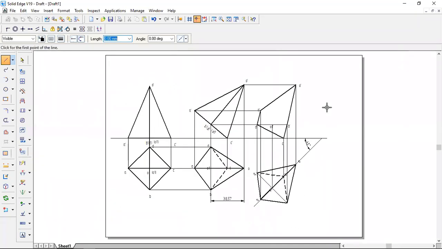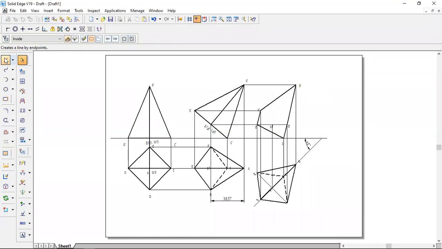Once you draw the outer view, then the base. Once you have drawn the outer view, the second one is the base. So how? Because the base is near to the observer. Here, when I rotate this one like this, the base is near to the observer. Means the base is visible to the observer. So the base is drawn.